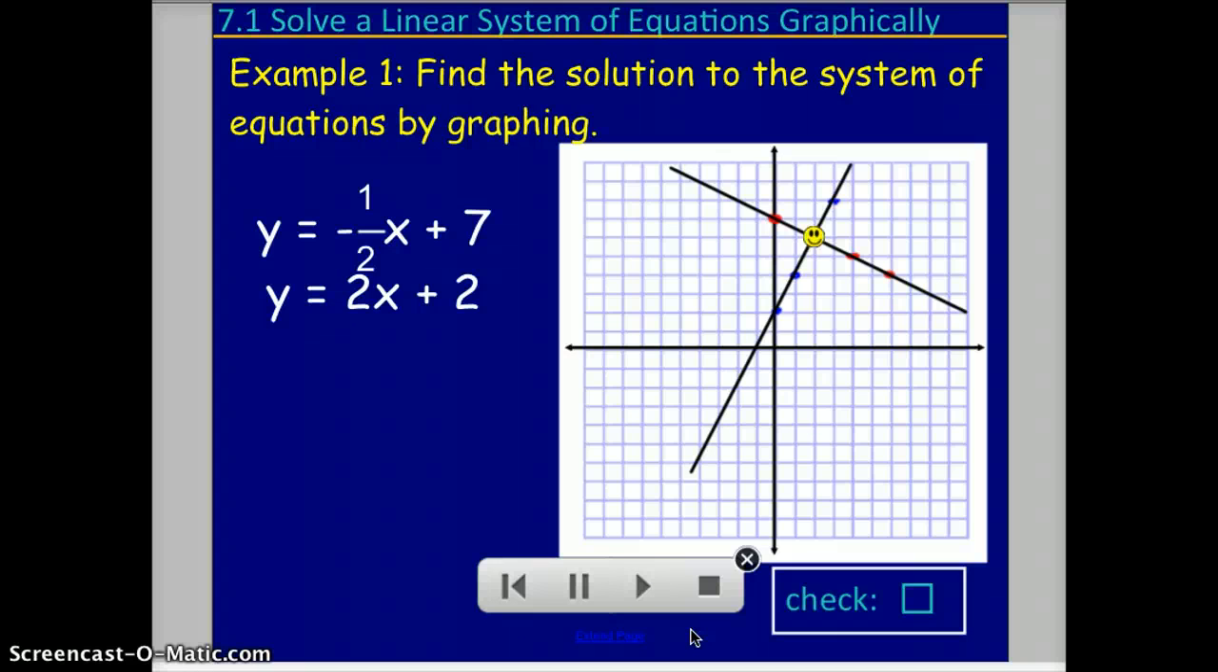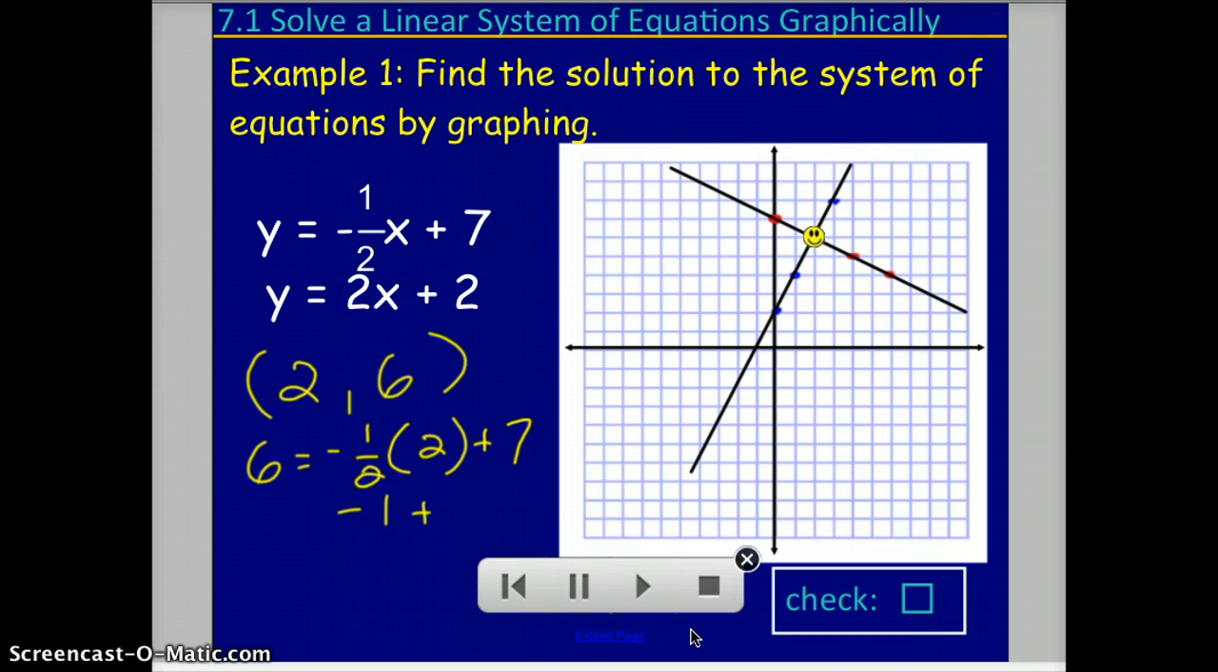In this case, the smiley face identifies the point where they intersect, and now we're going to check that answer. The point that we identified was 2, 6. So we're going to substitute into the first equation the 2 and the 6 in the proper coordinates. -1 plus 7 equals 6, so that is true. In the second equation, we again substitute 2 and 6, and we create a correct solution,